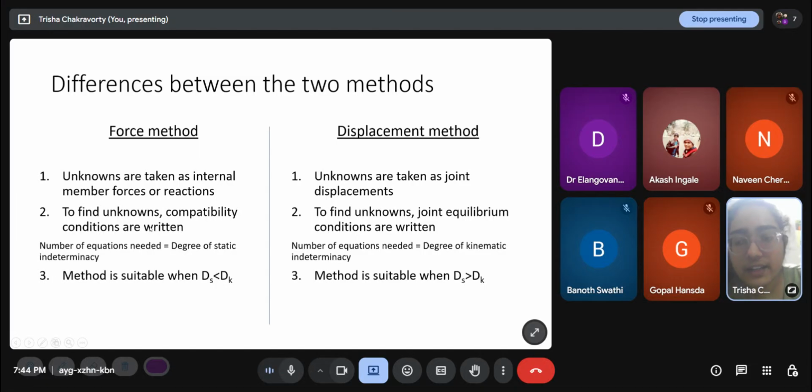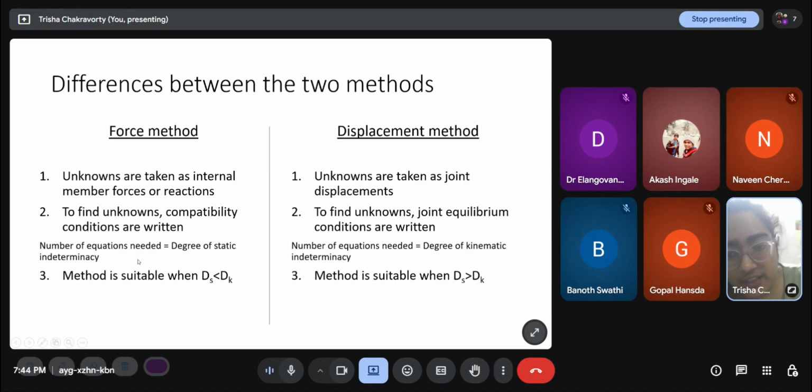The compatibility condition we wrote in that cantilever beam is that the displacement at the tip due to the original loading plus the displacement at the tip due to that RB, which I am assuming to be supplied separately, is zero. That compatibility condition exists because there was actually a roller at B, and I know that the net vertical displacement at any point where a roller support exists has to be zero. Do you get that? Yes, ma'am. So that is the second step.